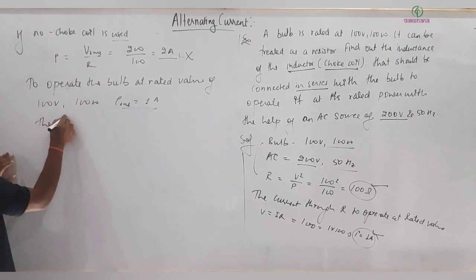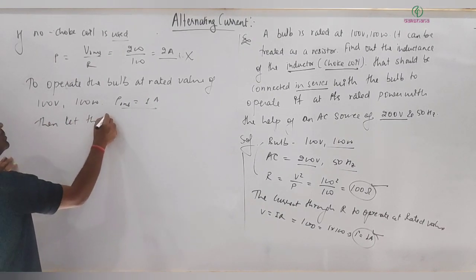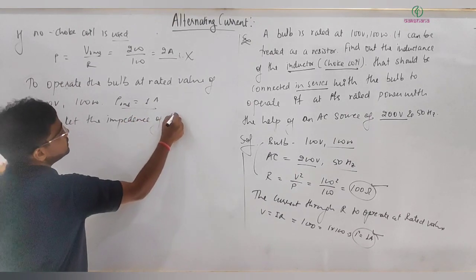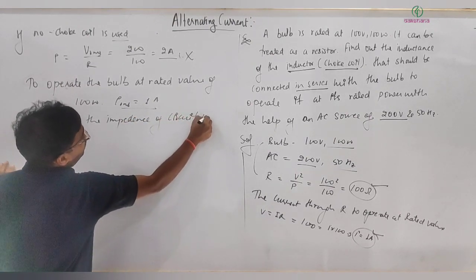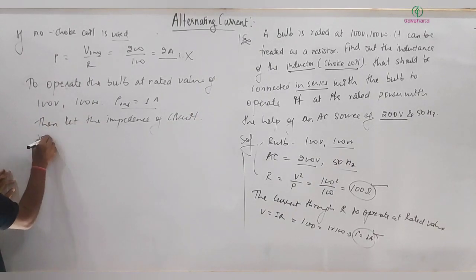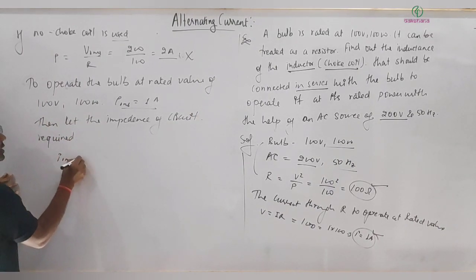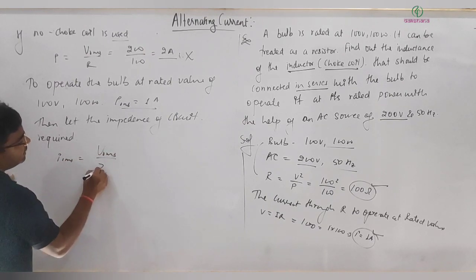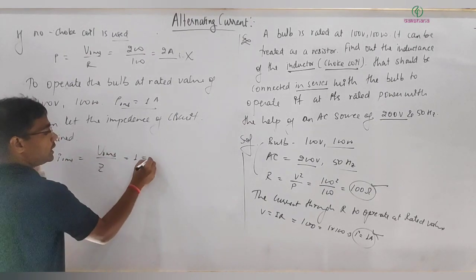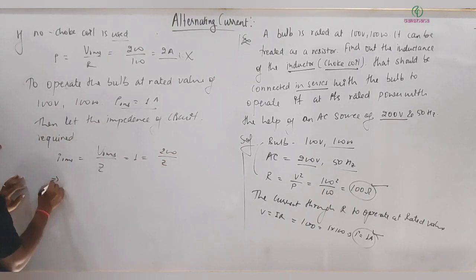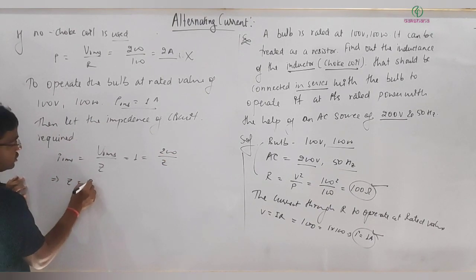Then let the impedance of circuit required be Z. I can calculate I RMS is equal to V RMS divided by Z, that is 1 equals 200 divided by Z. So that implies Z should be 200,